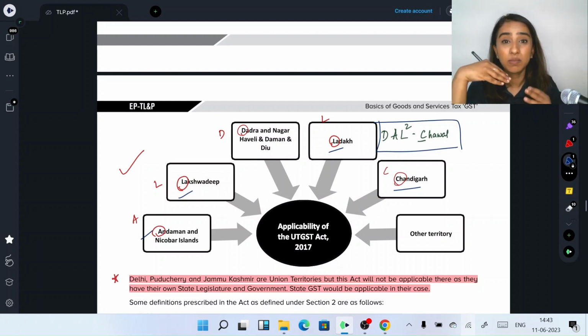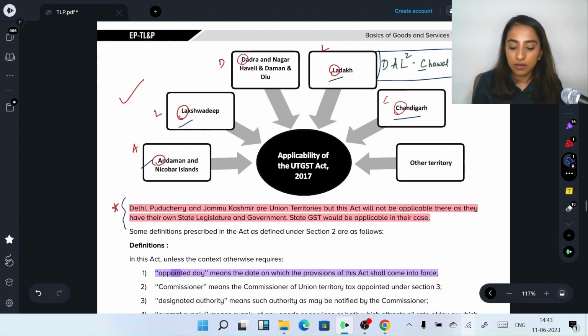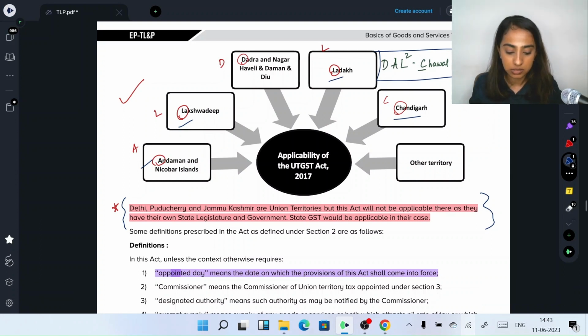I know it might not make a direct sense, but whatever works for you, please make mnemonics in that perspective. Whatever I feel I can make out of it, I will definitely help and make a few short forms out of it. Now we know that Delhi, Puducherry and Jammu and Kashmir are union territories, but this act will